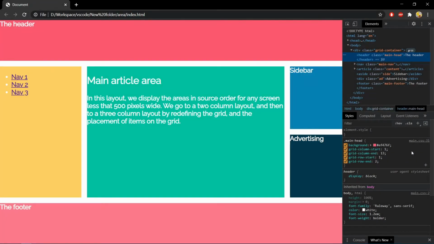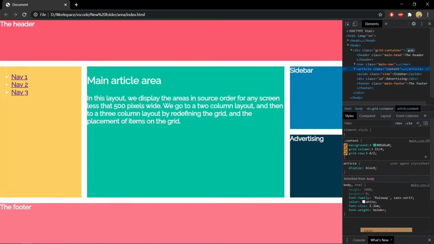In the previous session, we learned that grid area can be defined using properties such as grid column start, grid column end, grid row start, grid row end, or we can also use grid column and grid row. There is one more alternative property for area called grid area. Let's see how we can use that.